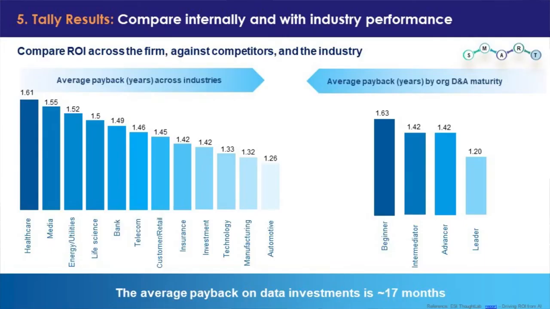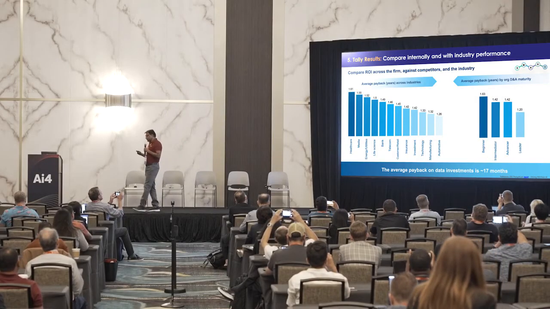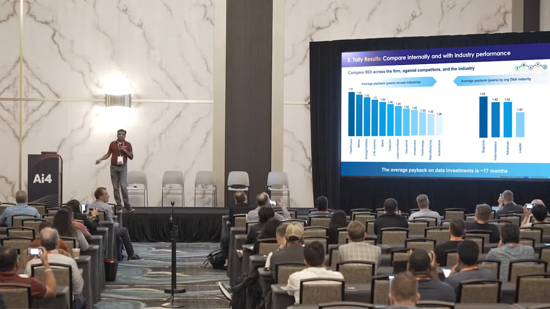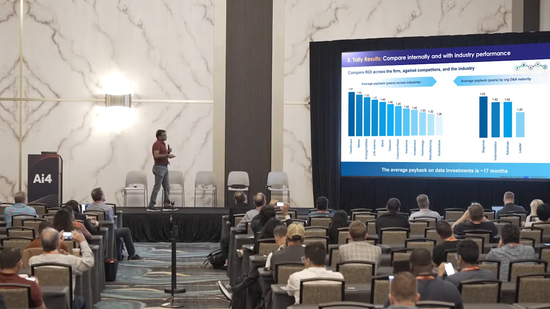Last but not the least is, am I doing good with the industry, or where do I stand? It's not that I am able to see an ROI of 0.5%. If my industry is doing 2%, why am I doing 0.5? So there's an opportunity for us to improve further. Understanding the benchmark from an industry standpoint.